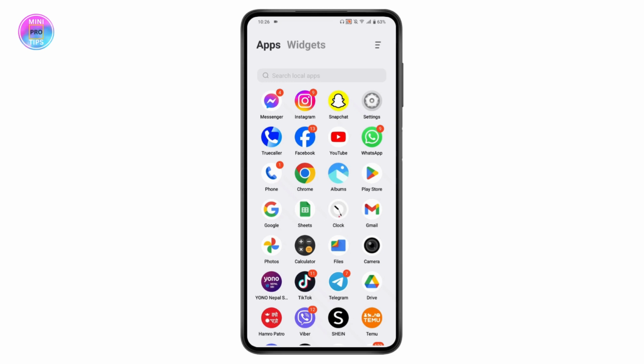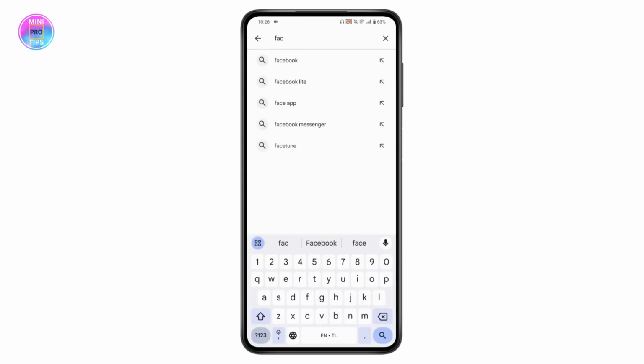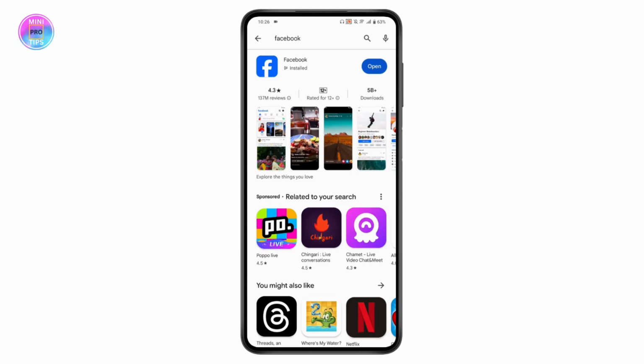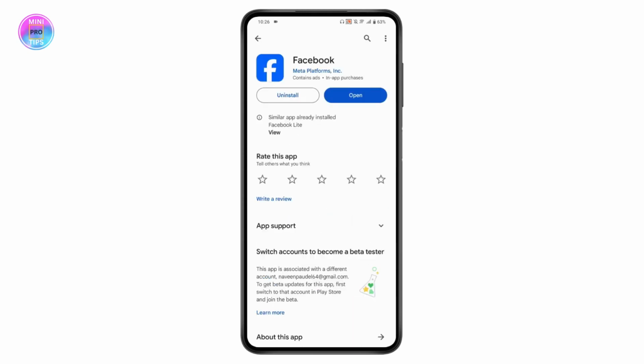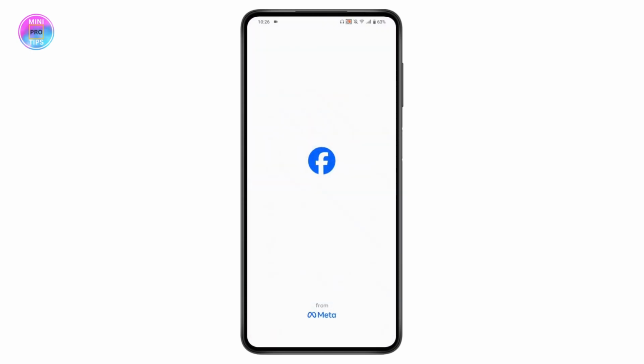So first open up your Play Store or your App Store. And once you've opened, go for the search and then search for Facebook. Once you've searched here, you may have an update option. If you have an update option, simply tap on update and update your application. And once you've updated, your problem might be fixed. But if that still doesn't fix your problem after updating, you need to open up your Facebook application and you